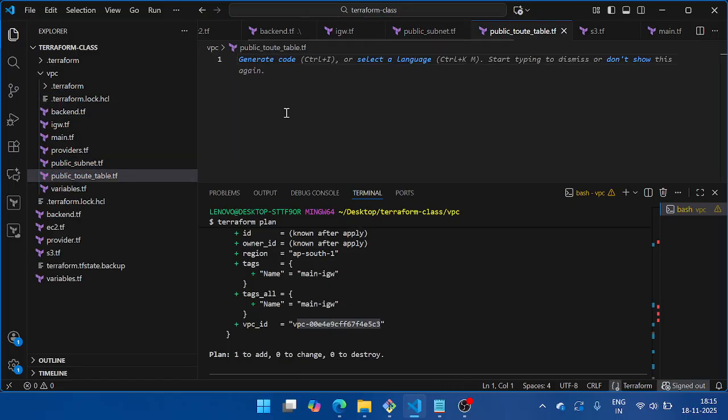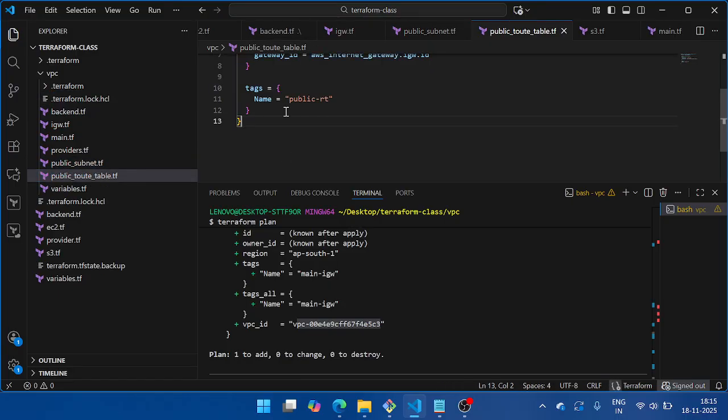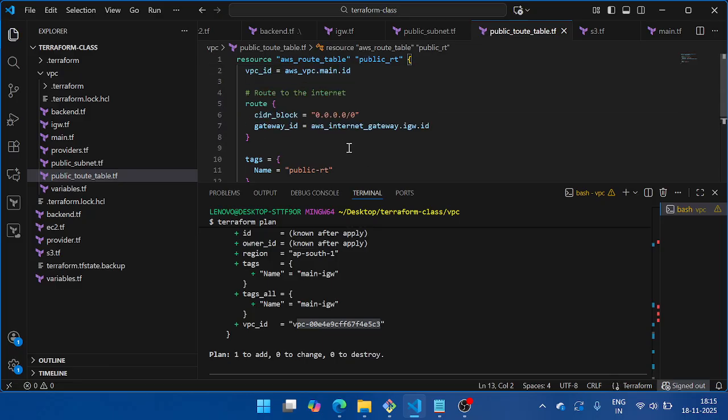Okay, public route table. If you see where we are creating the route table, we are creating it under our custom VPC. How are we identifying this? We are creating it under our VPC, which means we are mentioning our VPC